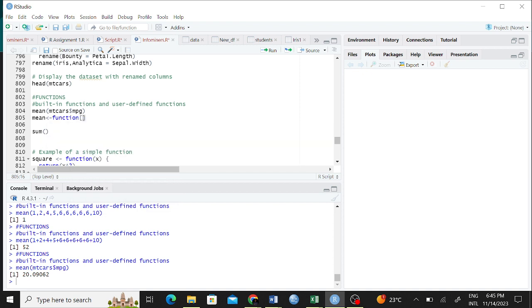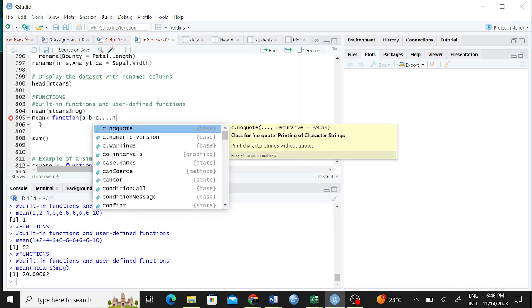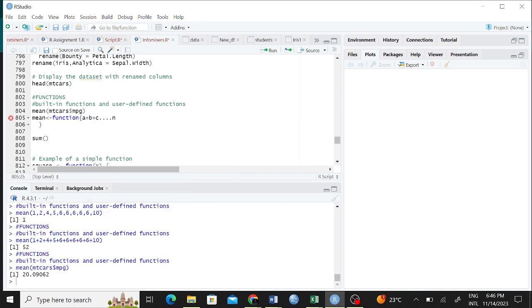So what does it do? It takes some values that are inside something, adds them and divides. So maybe you have a plus b plus c, up to n, plus. I'm just trying to write a dummy thing here.